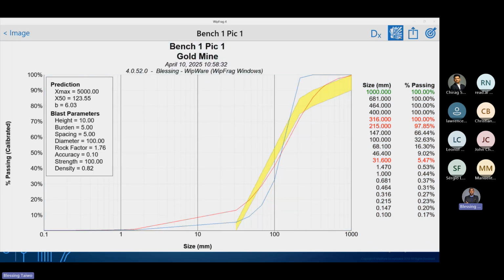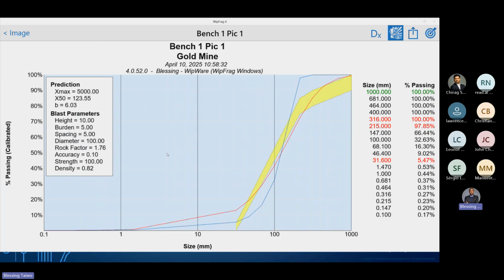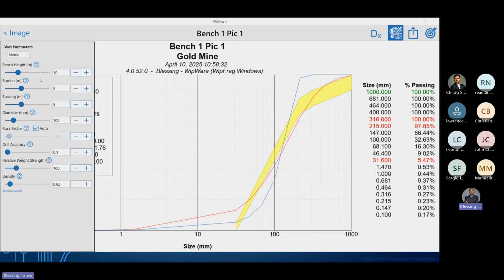You can also use a blast cast for continuous improvement if you want to adjust the blast parameters to simulate the next blasting. So here when you apply the blast cast, you can adjust this parameter to make sure that, for example, you enter the parameter for this design. If this design is 1 by 1, for example, and you enter all these parameters, you can log this to account for the log factor.